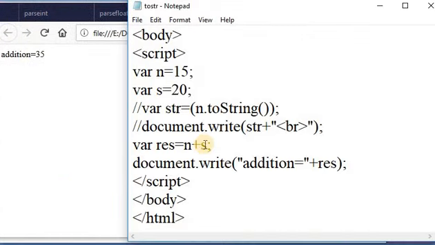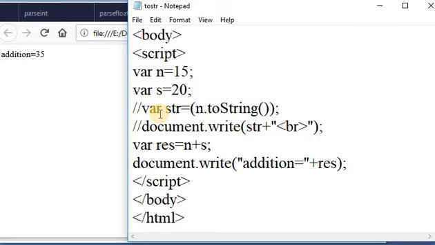What is output on the web page is 35, because 15 is a number and 20 is also a number, and I am not converting them to strings. Suppose you convert this number to a string, it will concatenate the numbers.